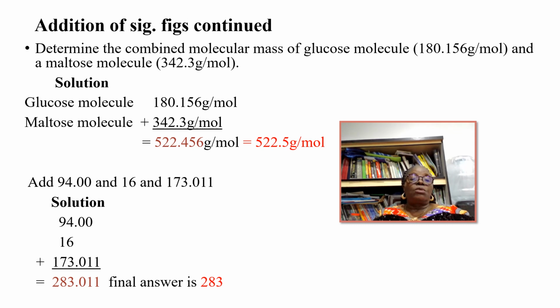If we add both values together, we will have 522.456 grams per mole, which has 6 significant figures and 3 places of decimal. And that cannot be our correct answer because our limiting value here has 1 place of decimal. So our correct answer will appear to 1 place of decimal. We know that 5 here is high. So we round up this 5 to 1. And then when we add it to this 4, it will become 5. So the correct answer will be